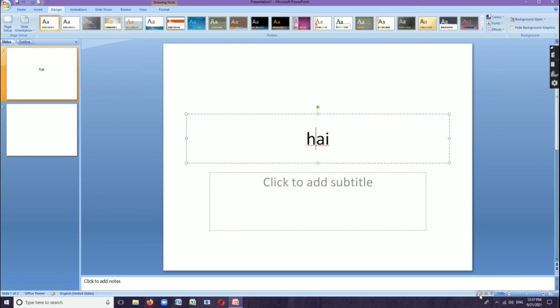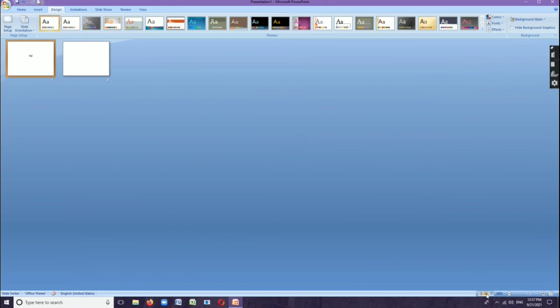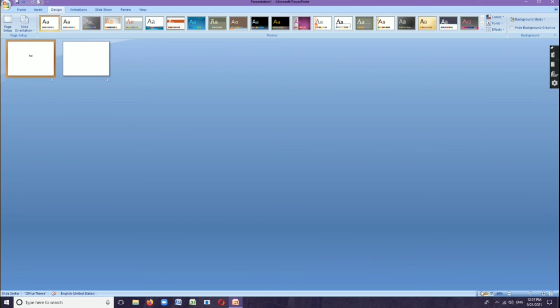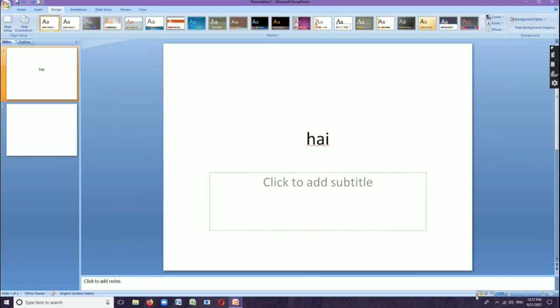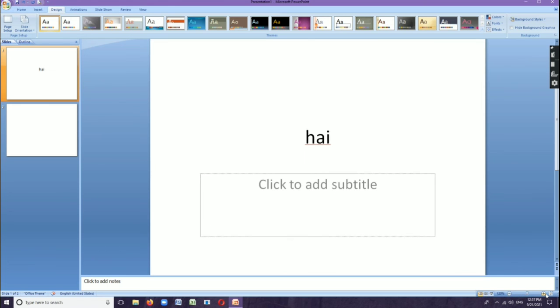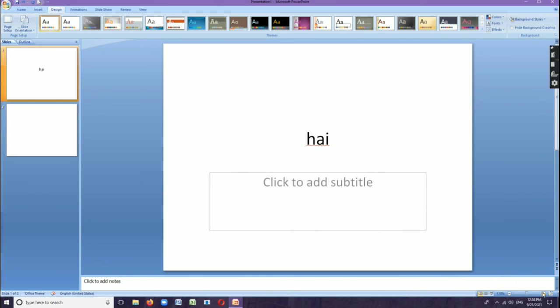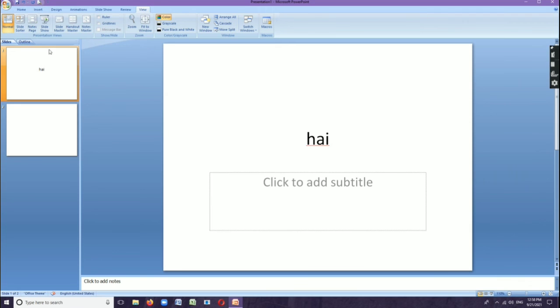Okay. And the last one is called the status bar. The status bar is at the bottom of the PowerPoint window. It displays the slide number and the total number of slides. The status bar has a zoom slider. Just drag the slider to zoom in or zoom out, which means a close-up view and a reduced view are available. And finally, there are 4 view buttons available in the status bar, which are Normal view, Slide Sorter view, Reading view and Slide Show view. So dear children, these are the different parts of the PowerPoint screen.